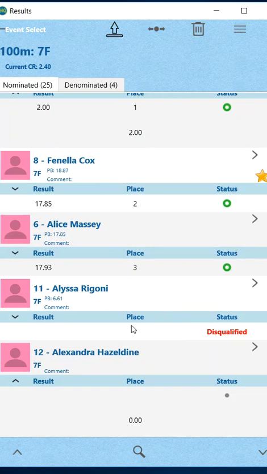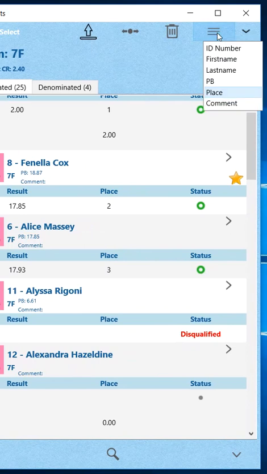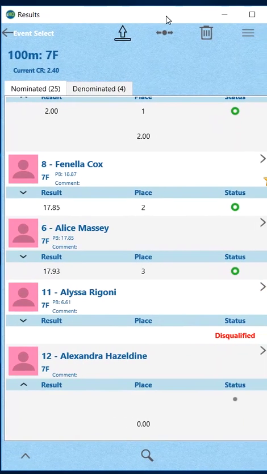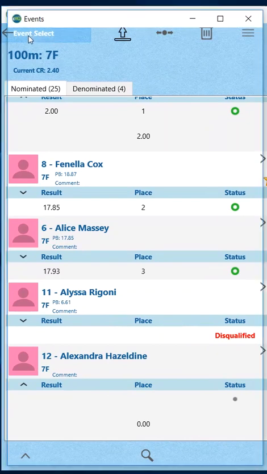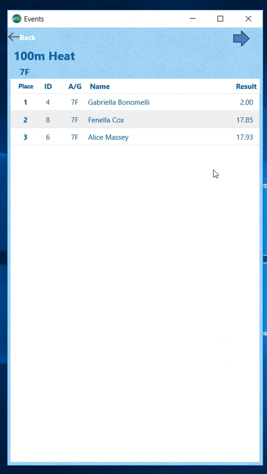Now that we've finished with this event, we've got the option to either upload right now if I've got internet. I've also got some different ways to look at the sort order. So we're changing the sort by ID, first name, last name, PB, place, comment. I can do that too. The last step you'd normally do on this screen is hit the event select screen, which takes you back and gives you your places for the athletes that you've keyed in. And then once you're happy with that,